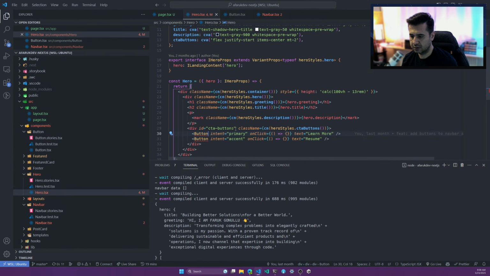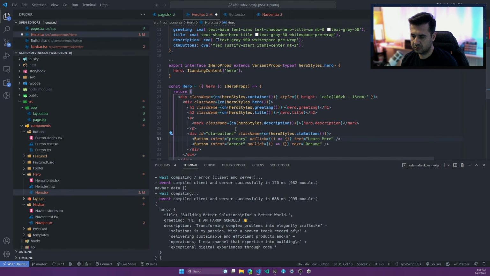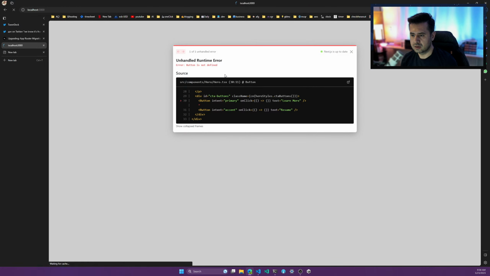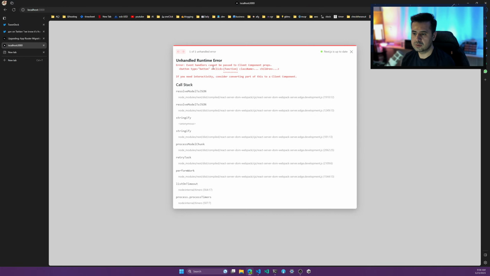As you can see, event handlers cannot be passed to client components as props. So this is an issue, and I am not sure how to circumvent this error, how to bypass it, because